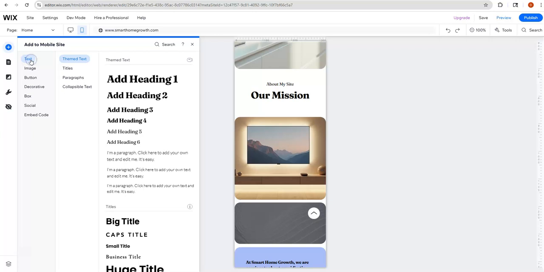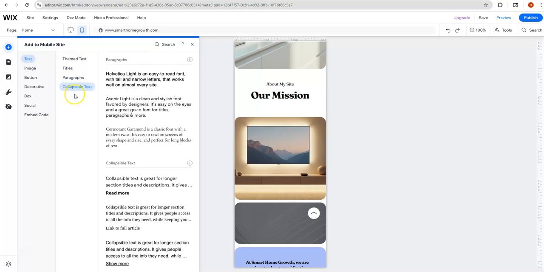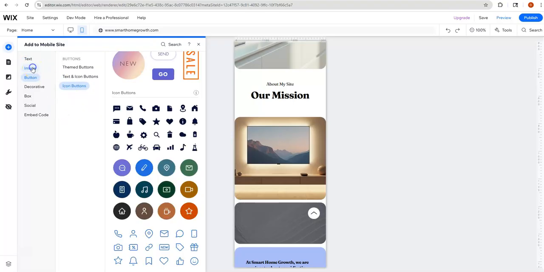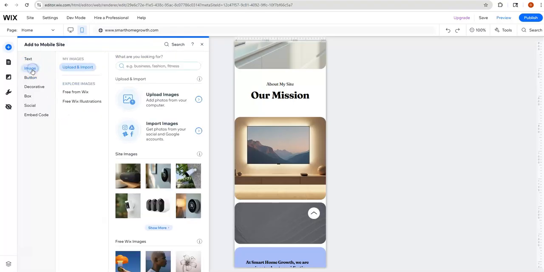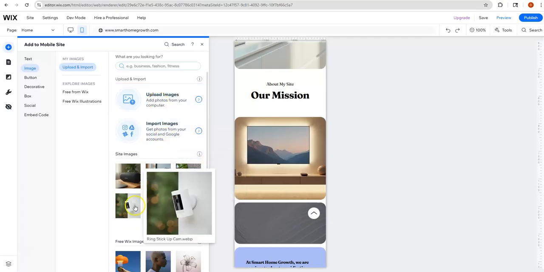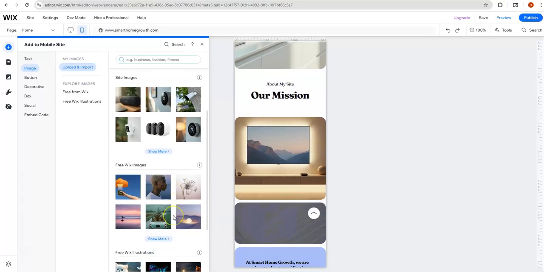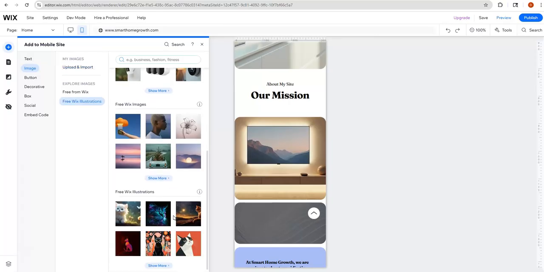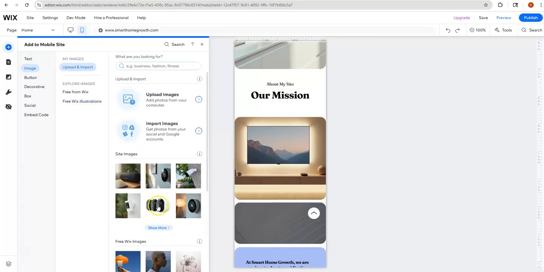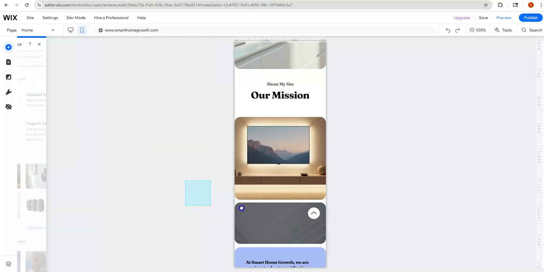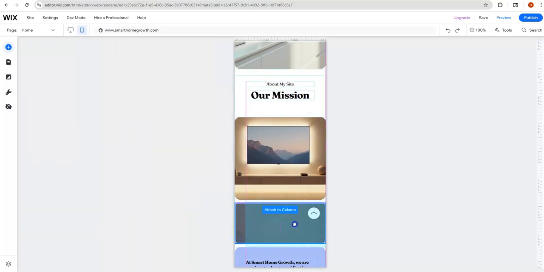So here you can select different kinds of text. You have theme text, titles, paragraphs, collapsible text. If you want to select an image, you can upload images, import images, use site images. Here's free WIX images. So for instance, say in this box right here, we wanted to add, let's just say we want to add this image right here. We'll go ahead and just grab it, drop it, drag it,